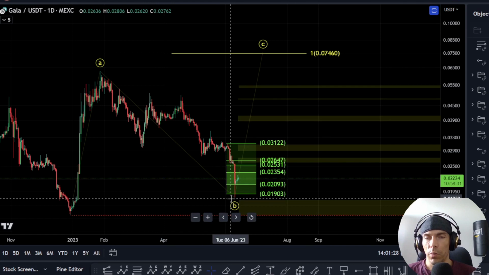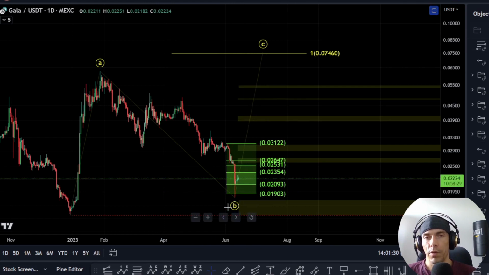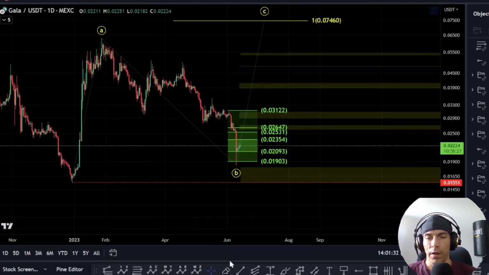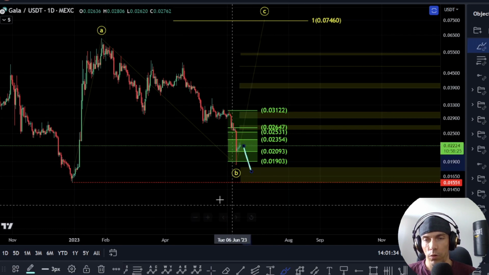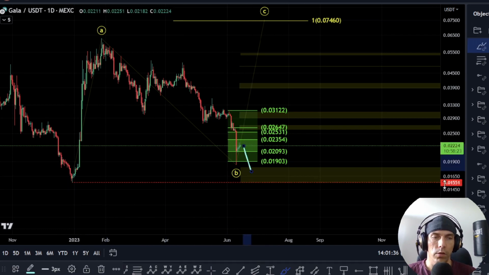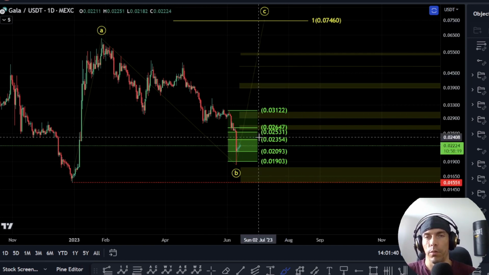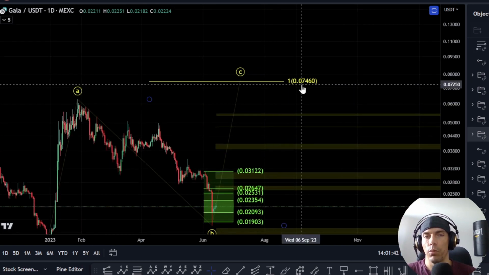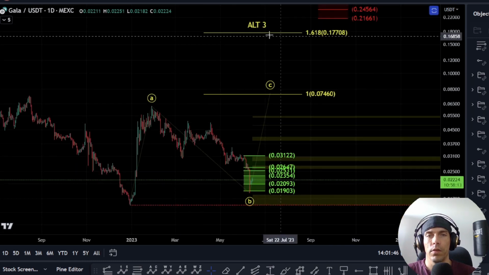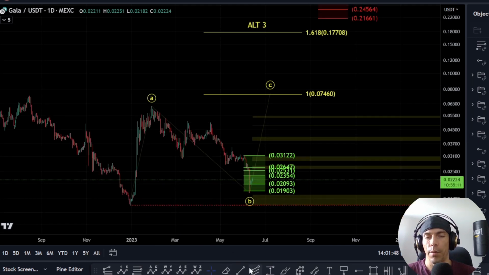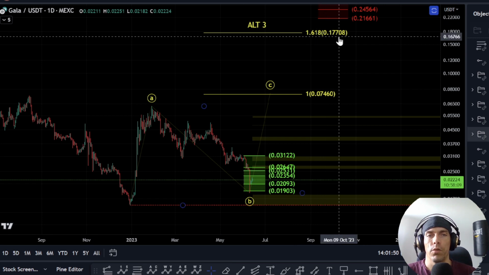Now, as long as we hold this low and we start to move away, potentially we could be in the C wave. Technically speaking, we could even come down one more time here. As long as we don't lose this 01551, then we would be looking for that potential to reverse to the upside. Now, like I said, 121 is here at the 7460 region, and then we'd want to see this wave 3 higher point be higher up here towards the zone of the